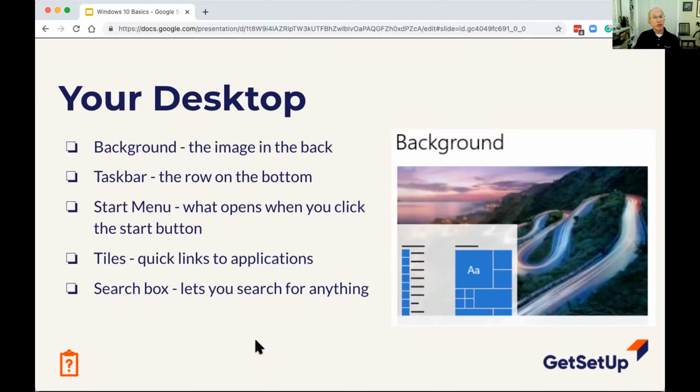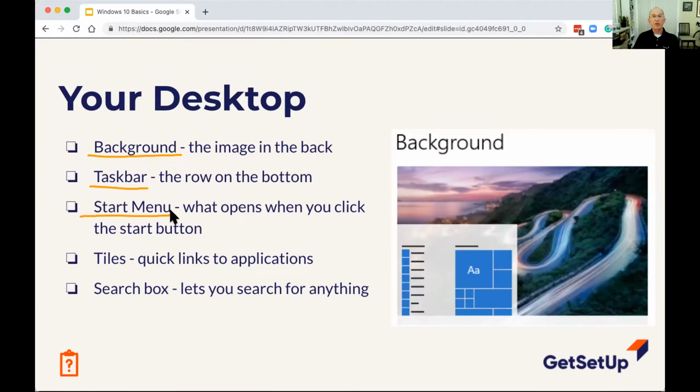So there's some terminology that goes along with technology. One term is the background. The background is the image that's on the back of your computer when you look at the screen. There's something called the taskbar. That's a row along the bottom that has a bunch of spaces and icons and information that you can use.